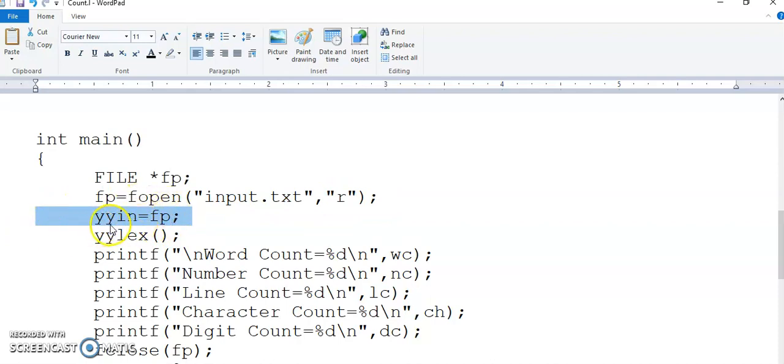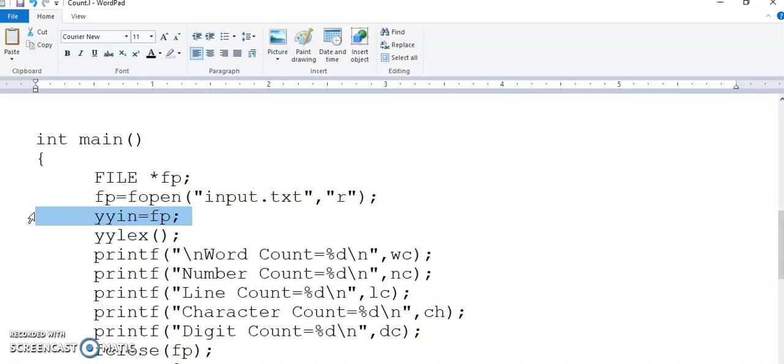What is this YYIN? It is an inbuilt variable in LEX which always points to the standard input device stdin. By default, stdin points to keyboard. So YYIN is by default set to stdin, but here in this case we are taking input from a file, so YYIN is set to the file pointer, which points to our input file input.txt.